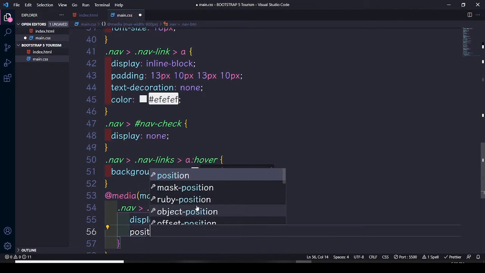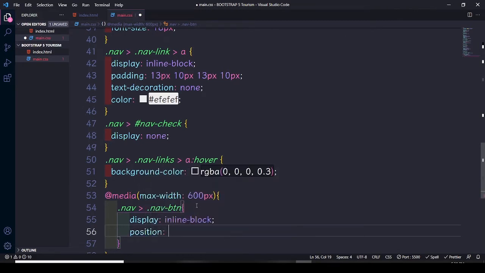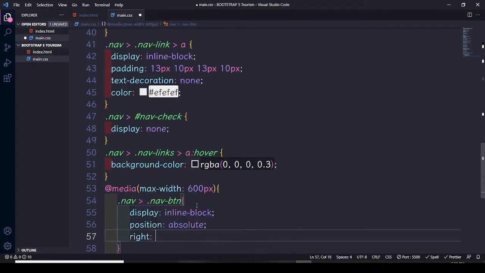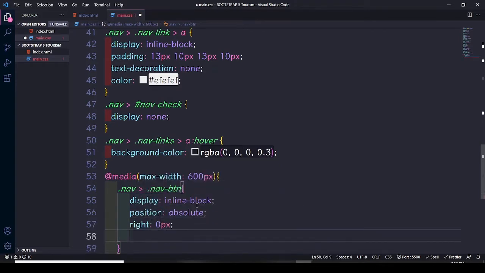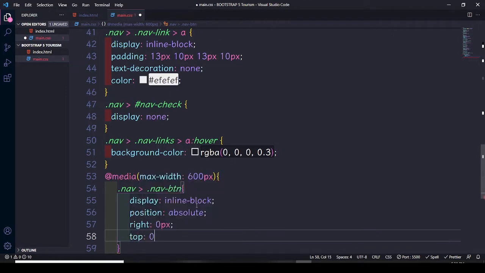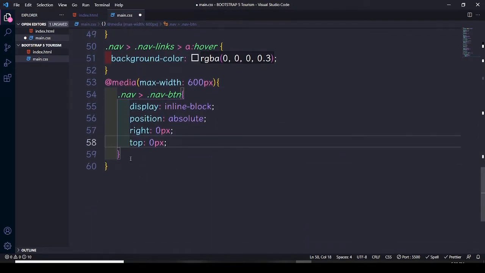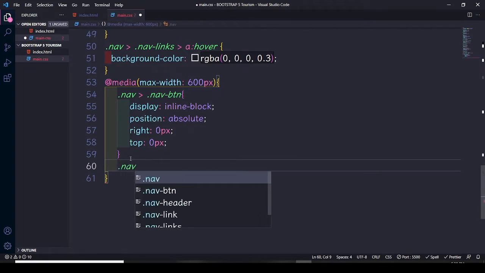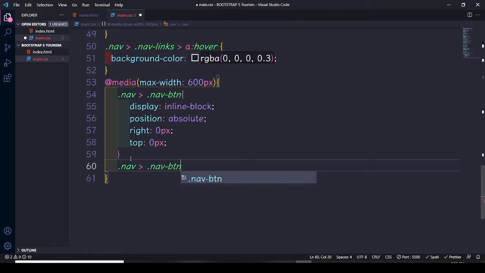Let's use the position, it's gonna be absolute, right 0 pixels, top 0 pixel. Then we have to use something else. It's gonna be nav btn,